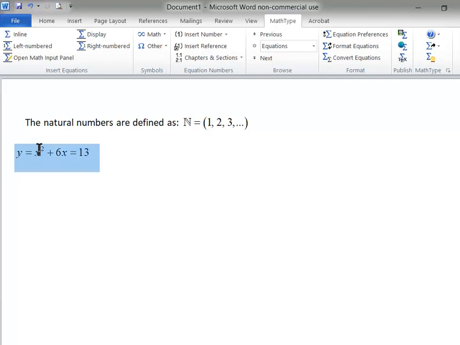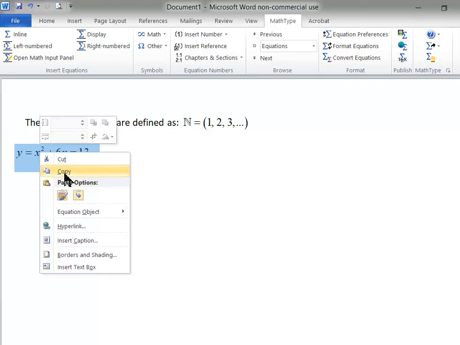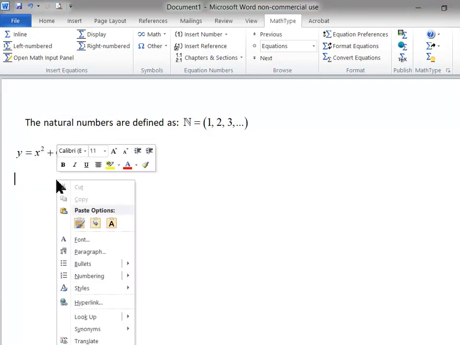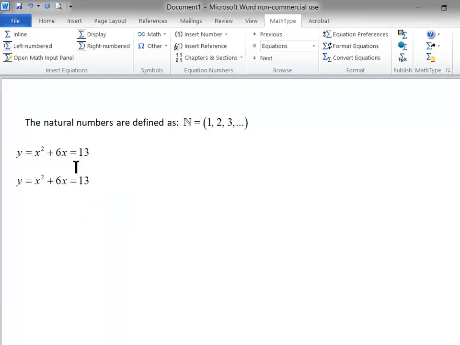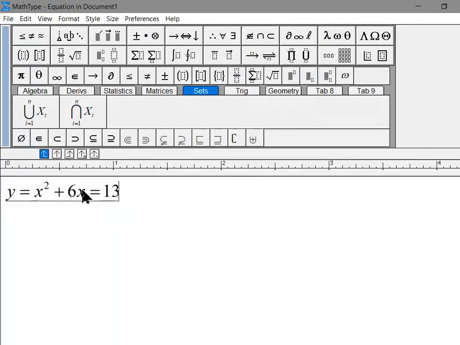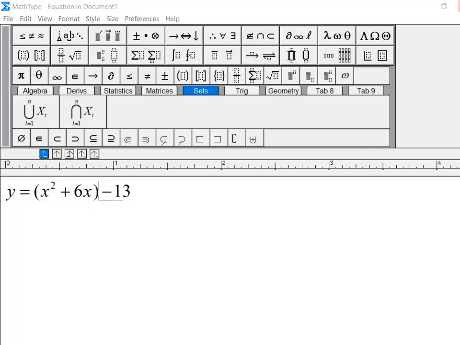And now let's say I wanted to go through and show how I tried to complete the square to find the vertex. What I could do is copy this and paste it on the next line here, and then I could go in and edit that to show me that was supposed to be a plus, or actually a minus. I could show completing the square by editing this. This is how you complete the square. You isolate the